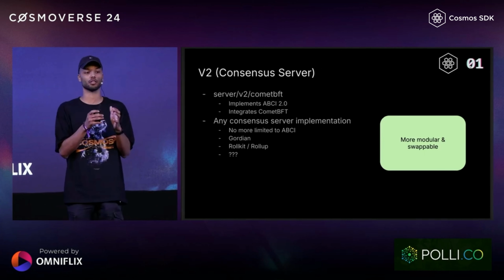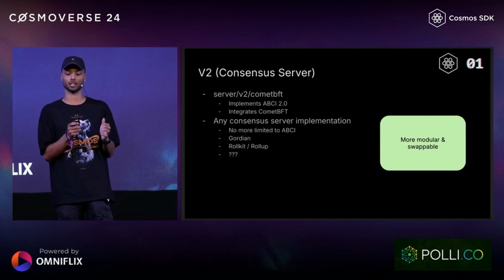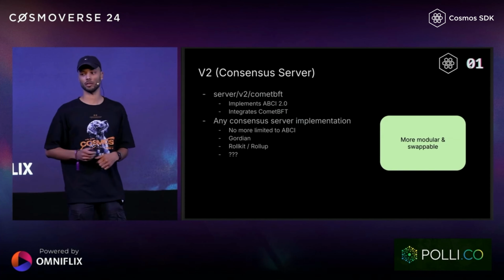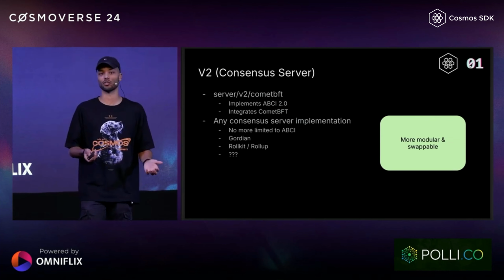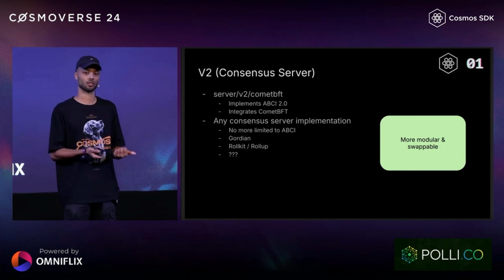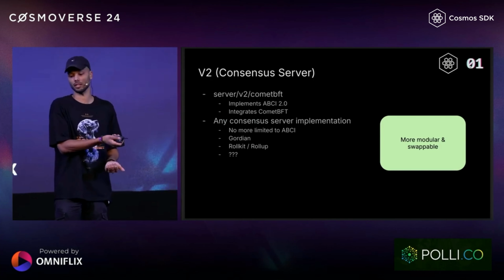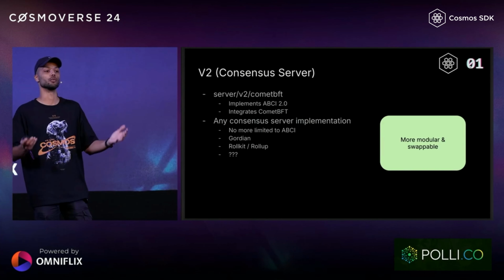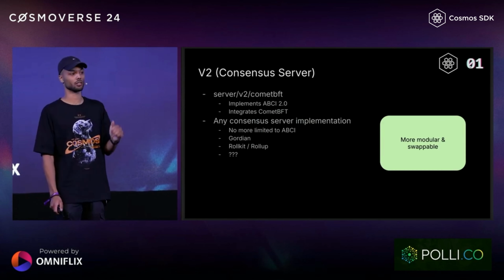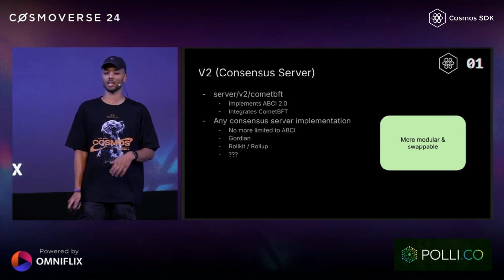Because we have been able to split everything, we have been able as well to push all the way to the edge: Comet BFT. We're part of the Interchain stack, so obviously we provide a Comet BFT server. That Comet BFT server implements ABCI 2.0, like it did in baseapp, and does all the integration with Comet BFT. But say for a second that you like the Cosmos SDK, but you want to